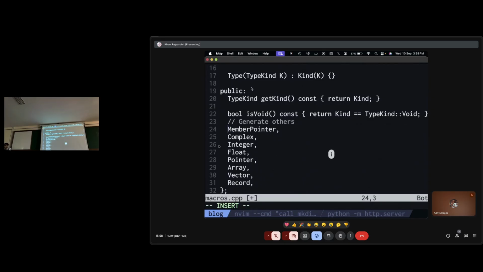I'd like to do bool is member. I go to the end of the word, press A to start appending after the name. Okay, this is a function. Const. And I'm going to say that this returns whether the kind is equal to type kind.